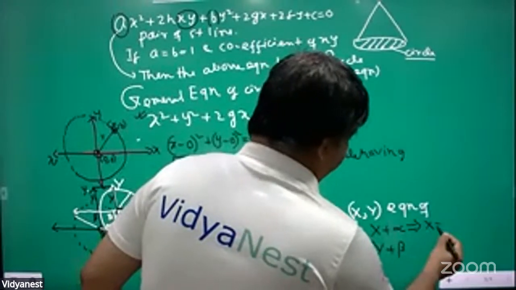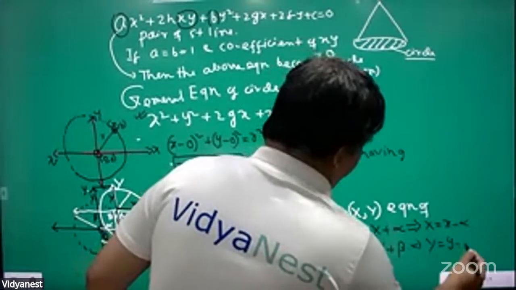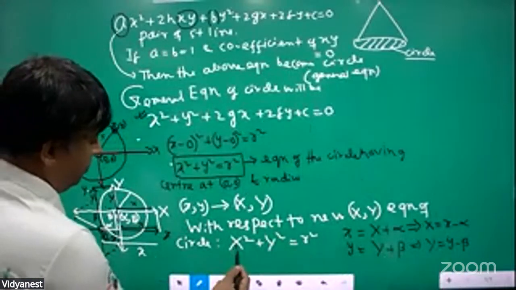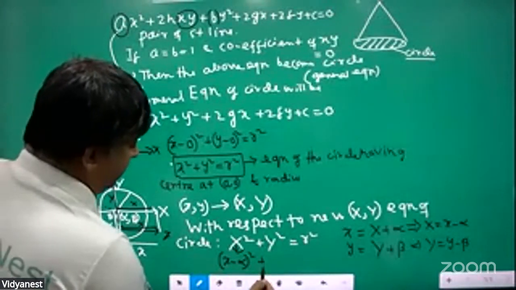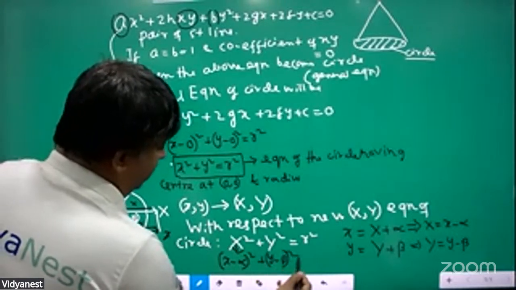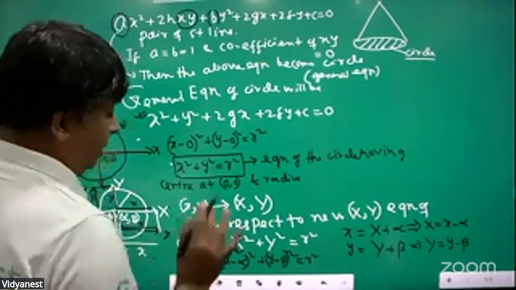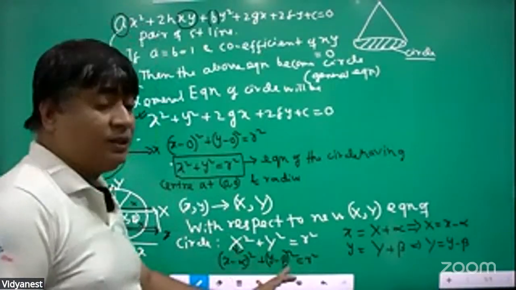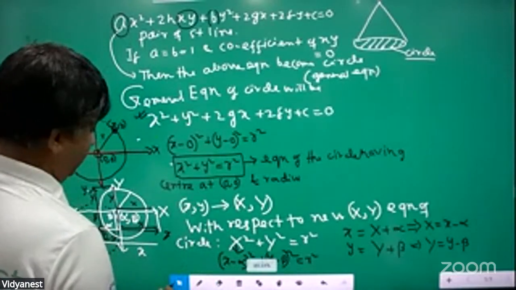Capital X is x minus alpha, capital Y is y minus beta. So you drag this value in place of capital X. You write x minus alpha whole square in place of capital X square, and y minus beta whole square in place of capital Y square. So from here, I can say one thing. We have got an equation of a circle whose center is alpha beta, radius is r. Center is alpha beta,